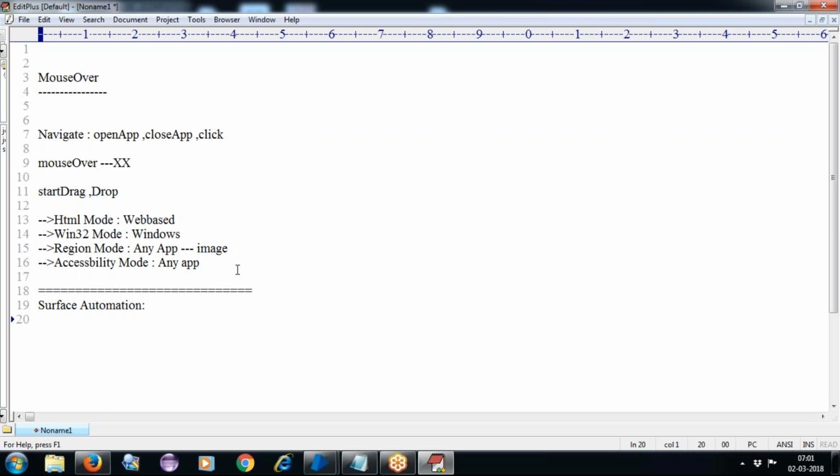In a simple concept, we can understand it. Whenever we are working with the region mode, as we are working with images, we are mentioning that we are working with surface automation. And from an interview point of view, in interviews related to surface automation,